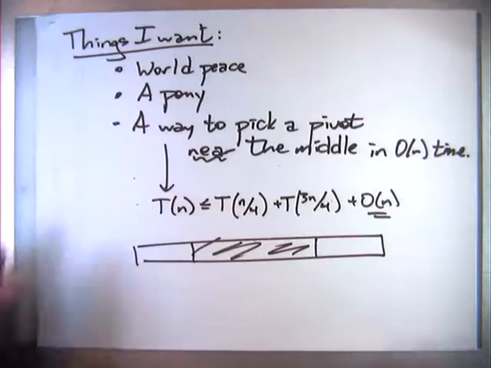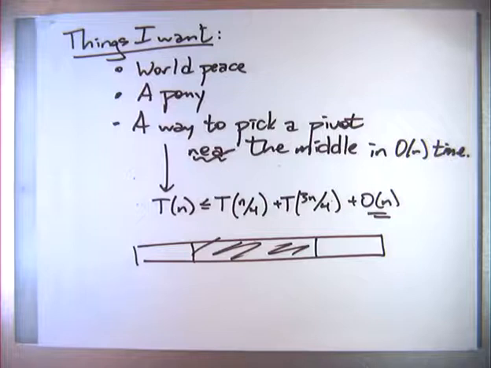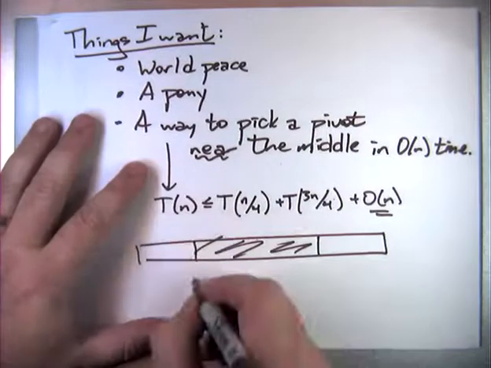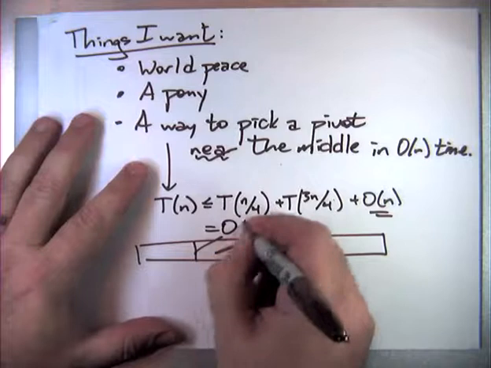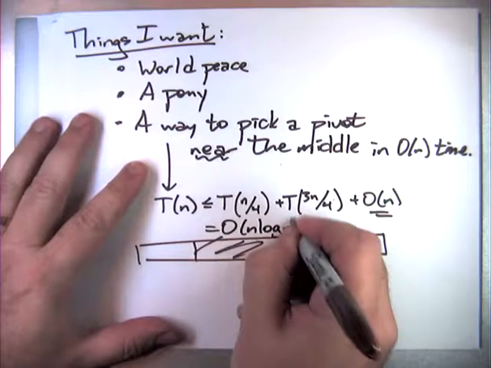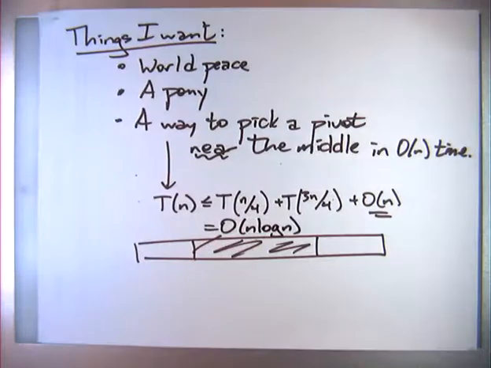Okay? So if I could find a magic way of choosing a pivot element that's guaranteed to be in the middle of the array, this would give me a variant of Quicksort that is actually guaranteed to run in n log n time in the worst case. Not just in practice, not just on random data, not just on nice enough data, but actually in the worst case. Big O, n log n, full stop, the end.